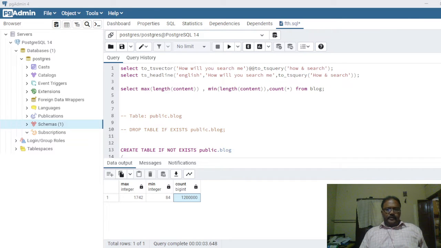Hello friends, today we will be looking into the full text search feature of Postgres. Earlier we were saying that Postgres is being used a lot for NoSQL as well as full search capabilities. You can actually think of Postgres as a combination of MongoDB and Elasticsearch. So it is giving you all the powers of an RDBMS as well as a full text search capability of